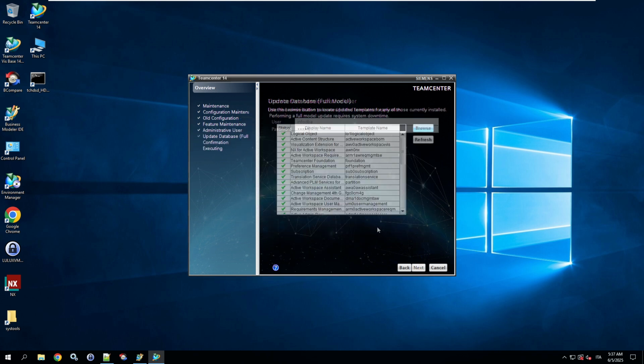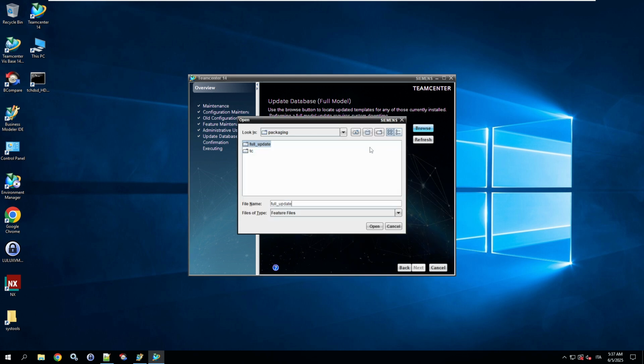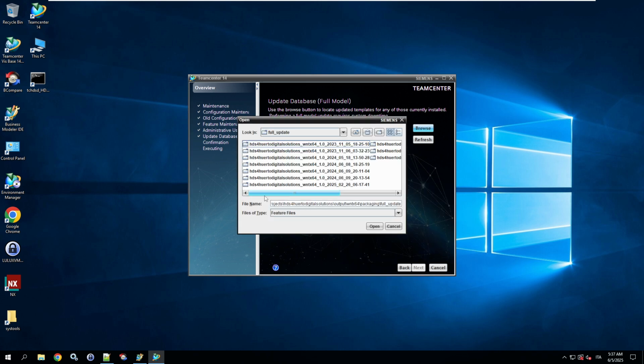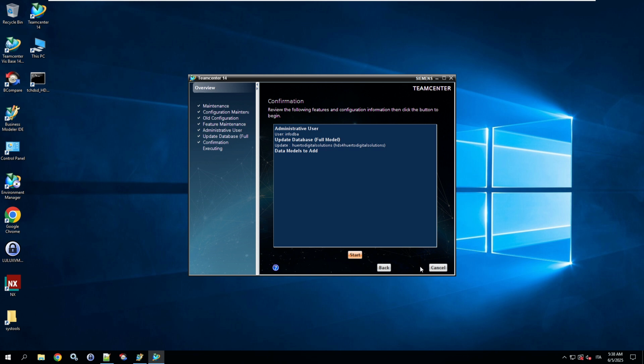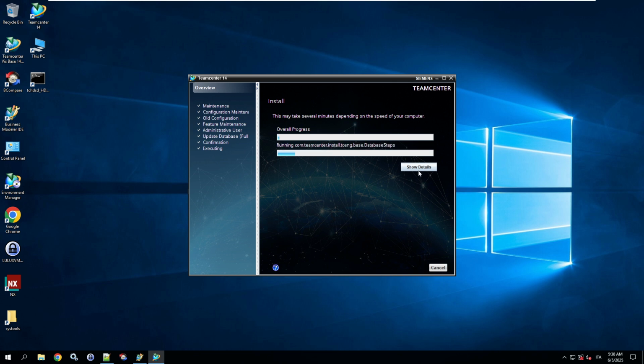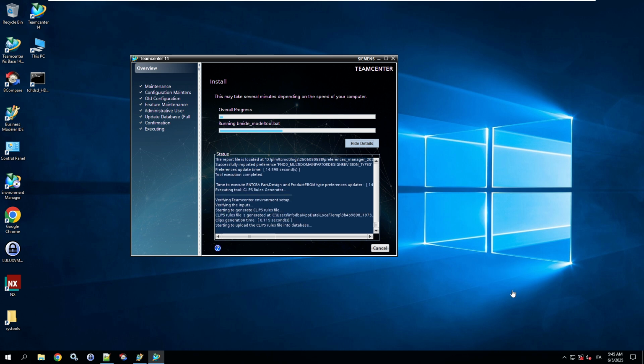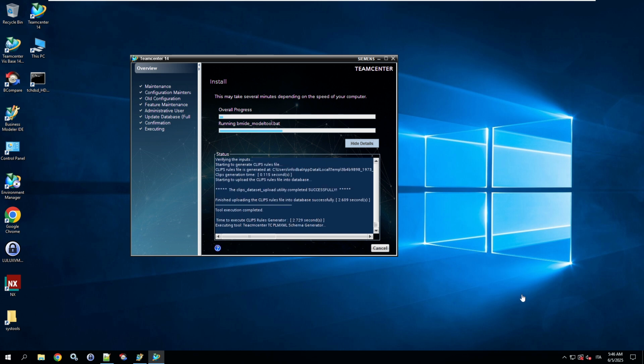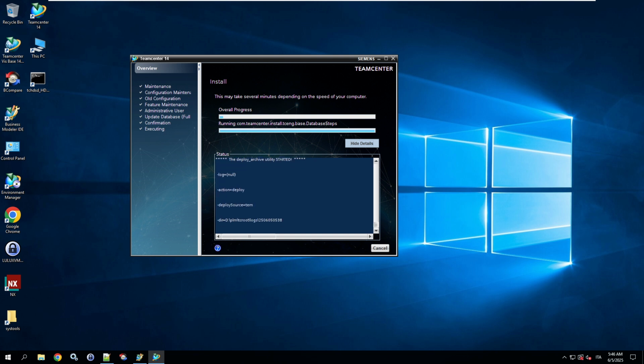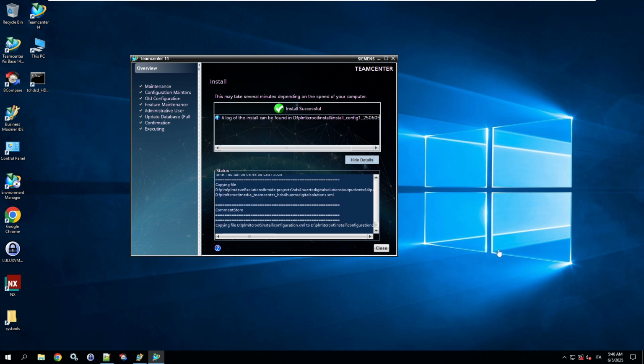Enter the password, select the generated package in the Full Update folder, and proceed with the deployment. Once it's done, the runtime properties are successfully installed.